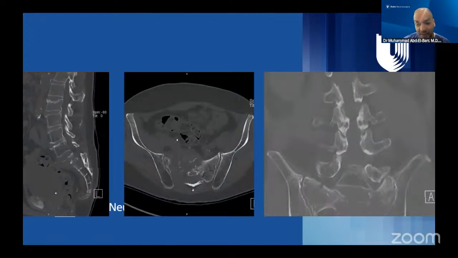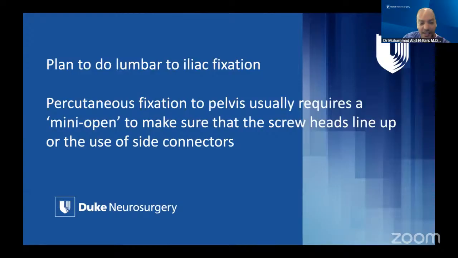If you do a traditional lumbopelvic fixation, that's going to be an open case. He's going to stay in the hospital for a long time. He only has 6 months to live. That's not appropriate for this patient. However, if we can do this completely percutaneously, that might help this patient.